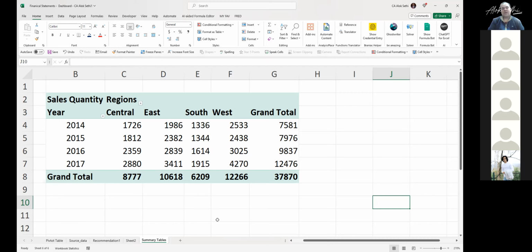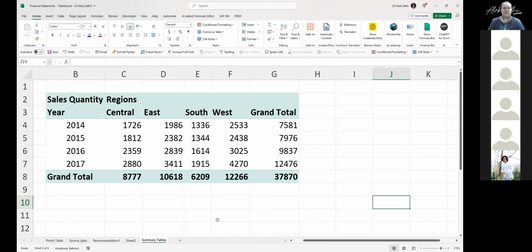Okay. And if you see among all the columns, South and West are the regions which are having the highest and lowest sale. West is having the highest sale. South is having the lowest sale. Now suppose I want to compare only the center and east, because I know that the west is the highest sales producing region and south is the lowest. So I'll ask a question based on comparison between center and east. So now answer,